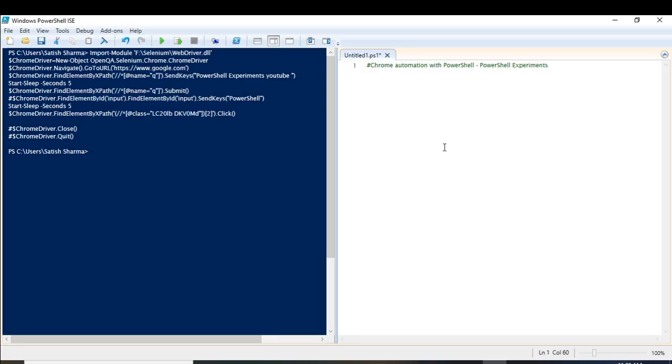So, in order to do the Chrome automation, there are a few prerequisites. These prerequisites are nothing but a few files and an exe. I have created a separate folder for all the prerequisites of the Chrome automation. So before starting the scripting part, first let me show you what things you will need to automate Chrome. Okay, so I've created a separate folder here.